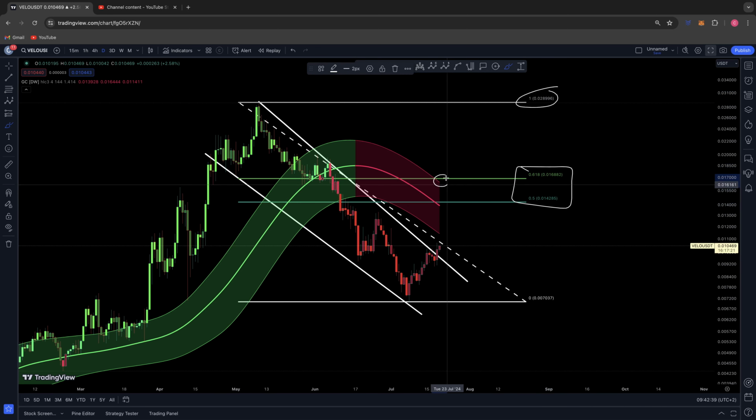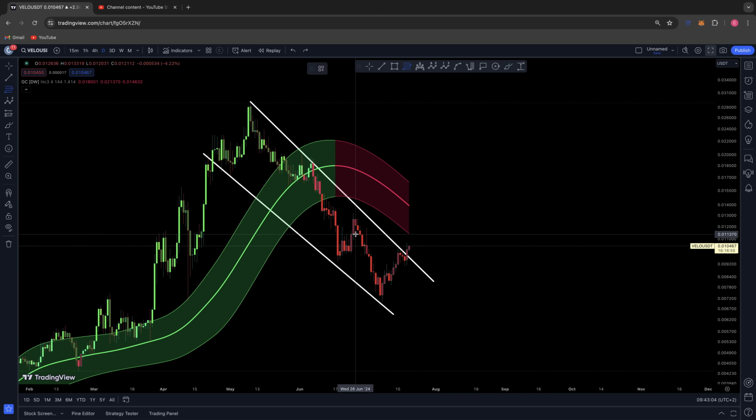You can see that right now the 0.618 sort of ties with the top band of the Gaussian, and the 0.50 kind of ties up with the mid band. So we have a lot of work to do, but at the moment things do look positive. We are breaking out of this descending channel. We are looking to come up into the Gaussian somewhere, and then at this point, as I said, I do think we're going to come back in for some sort of correction,